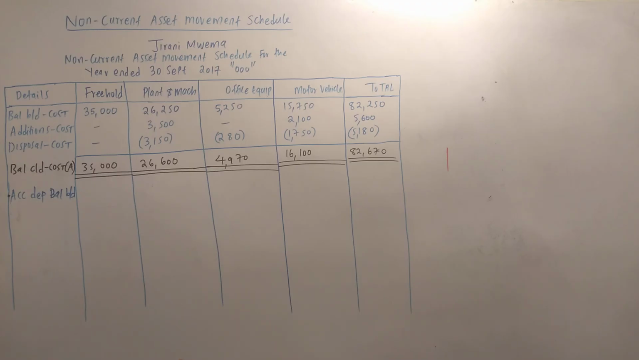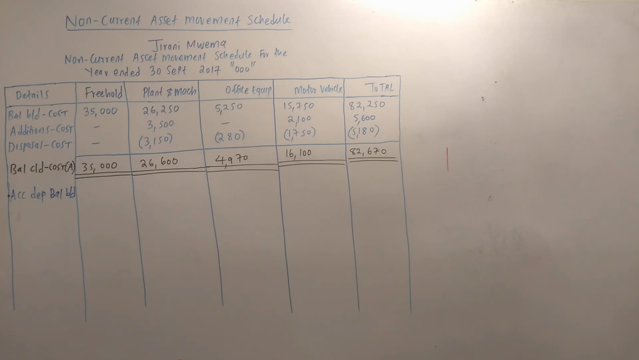Now we do not have accumulated depreciation for Freehold because it is for the first year of use. Now Freehold, when was Freehold started depreciating their item? Now on 1st October 2016,